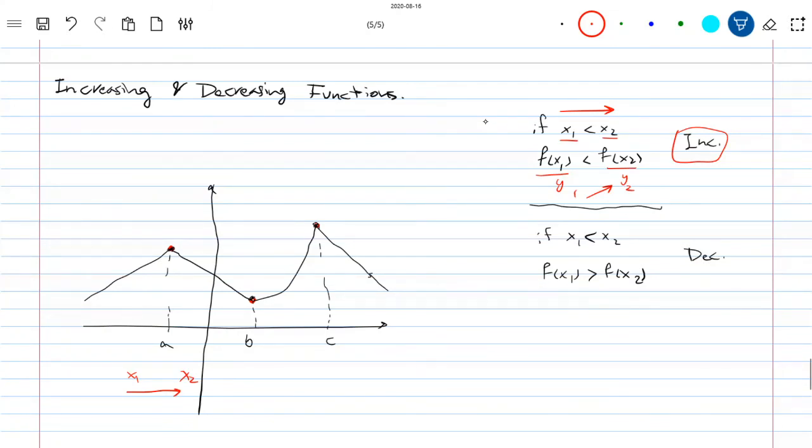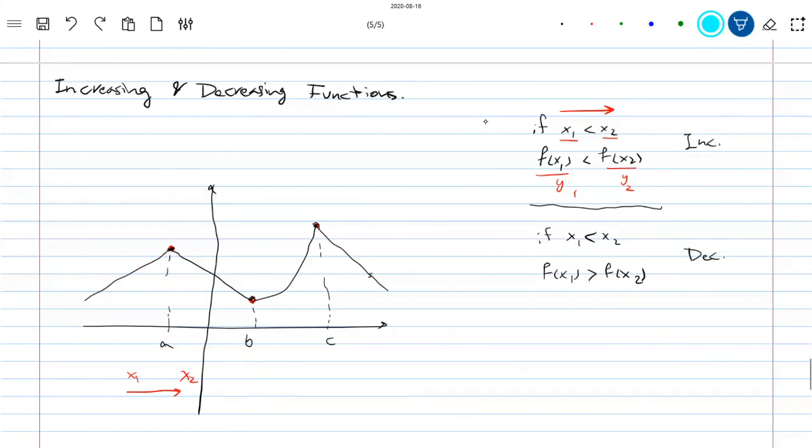If you go from left to right, if the function is increasing in terms of y, then you have an increasing function. So the increasing part is just for the y values. If the y value is going up, then you have an increasing function. On the other side, if you're going left to right, but the y value is coming down, then you have a decreasing function. I don't want to stick with this mathematical notation. I just want you to understand. Okay, so if you look at this graph,